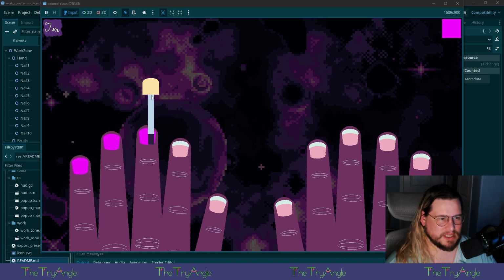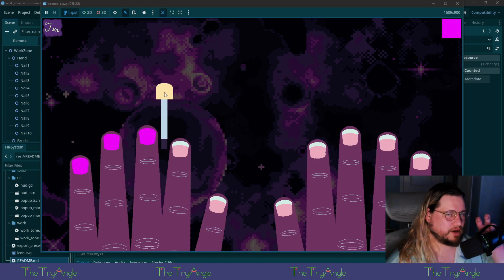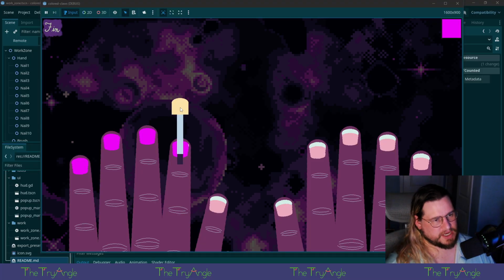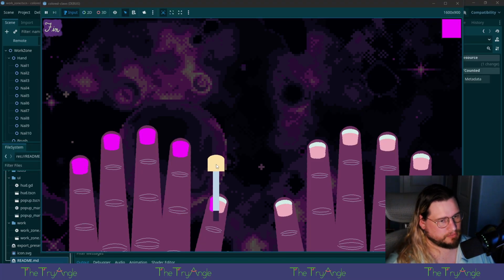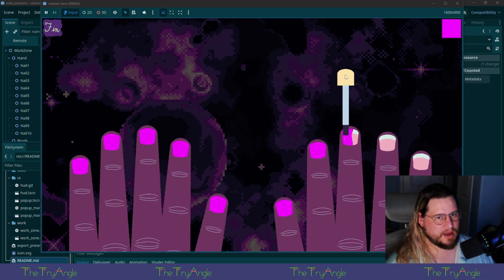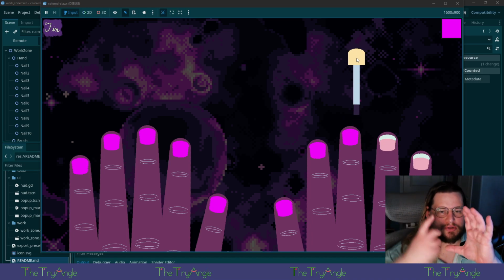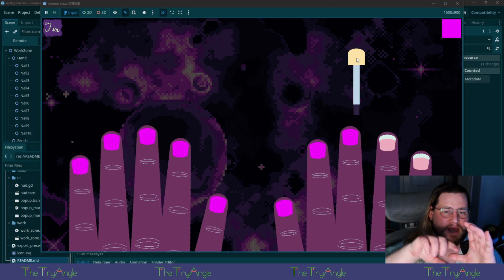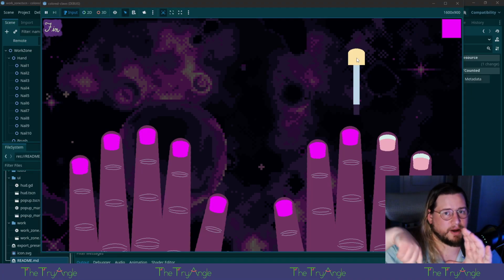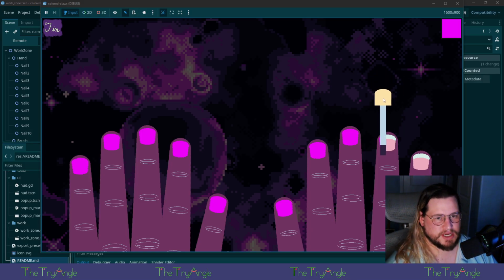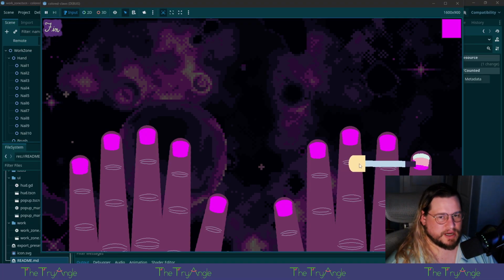There's a part of me that wonders, is it counting all the bits of texture that it technically shouldn't? It should only count the part of the nail that is painted. But I have this sneaking suspicion, because the actual texture box is larger than the nail. The nail is just a portion. Are you somehow counting the entire box? Which is why sometimes it feels like I'm not even hardly done and I got complete.